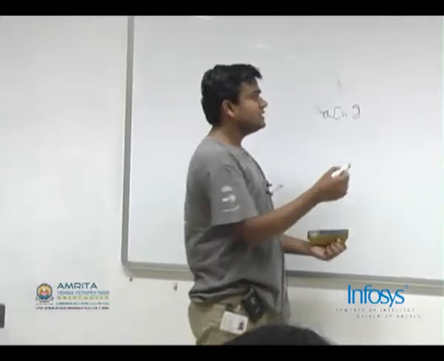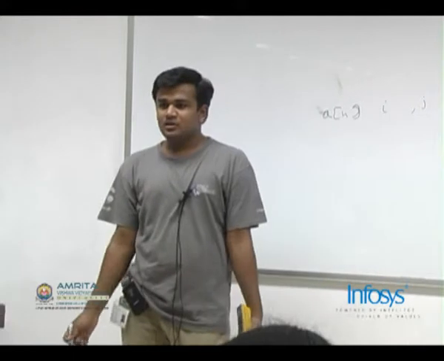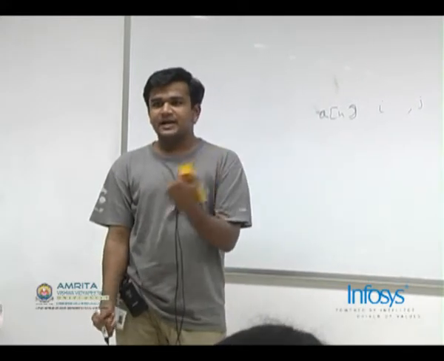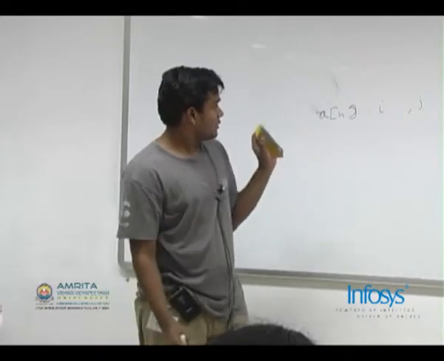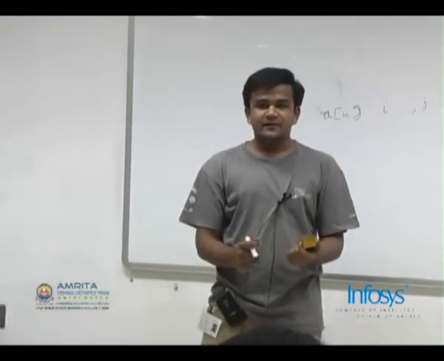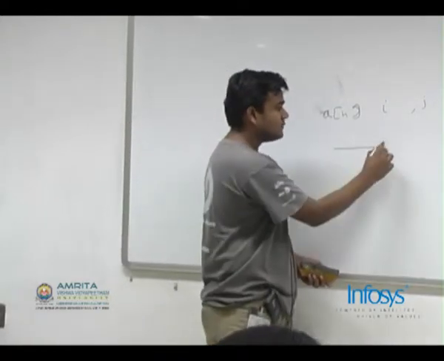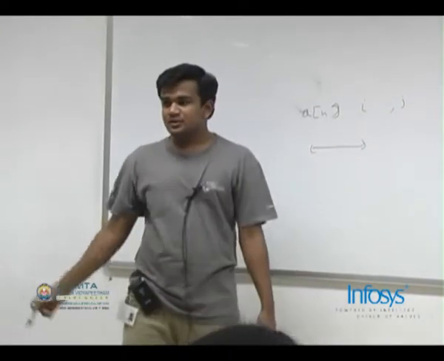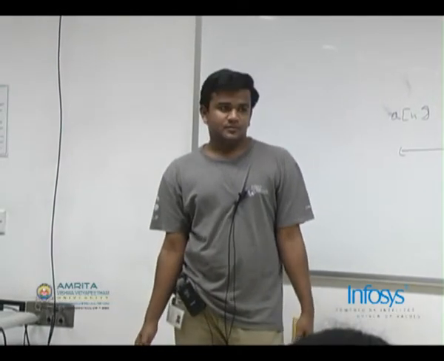Given i and j, you want to find out the number of distinct elements between i and j, right? So a basic method would be to take all these points from i to j, sort them and find out the duplicates and report the distinct ones, but that is too slow.